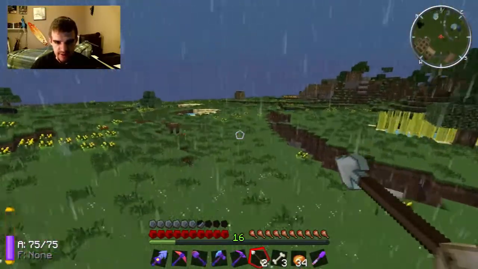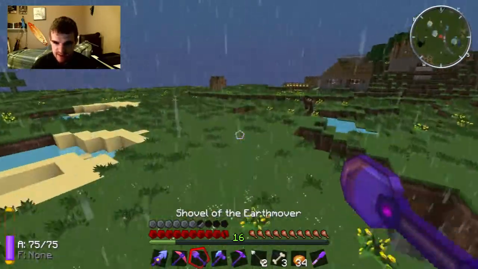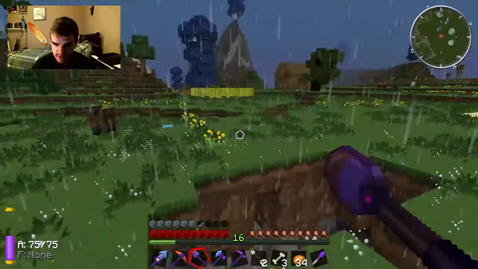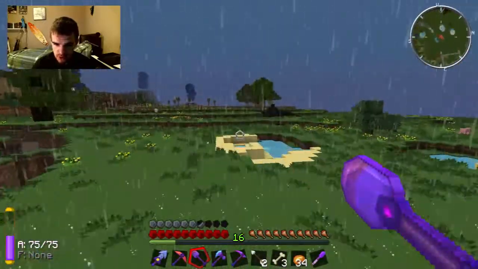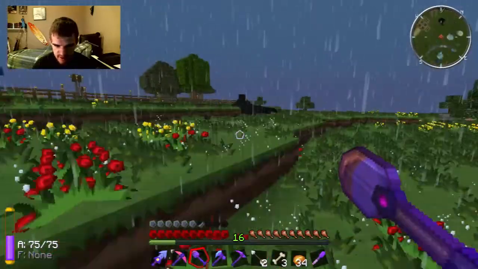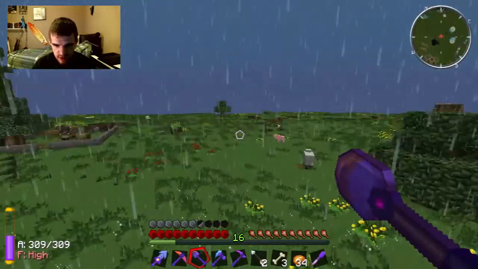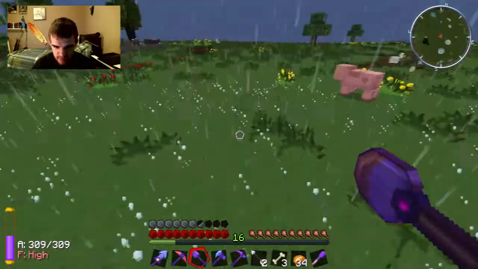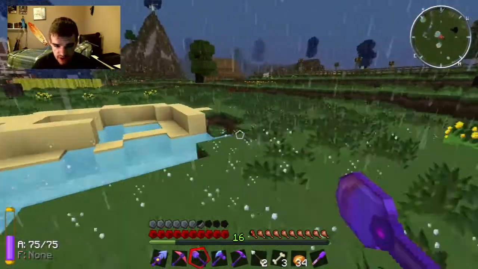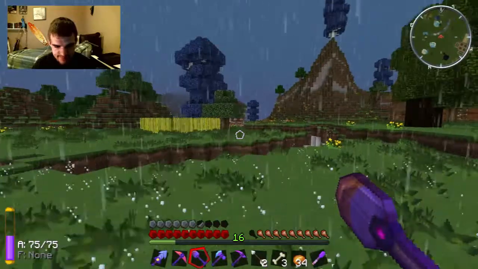Right. Let's see here. Let me go reprospect this land. I'd like to have a very large library. Escritorio. I'm pretty sure escritorio is a desk. Maybe I'm wrong. Maybe it was back over here. I remember it was somewhere in this really big flat area. But I would like a rather large library. So it's probably going to be...